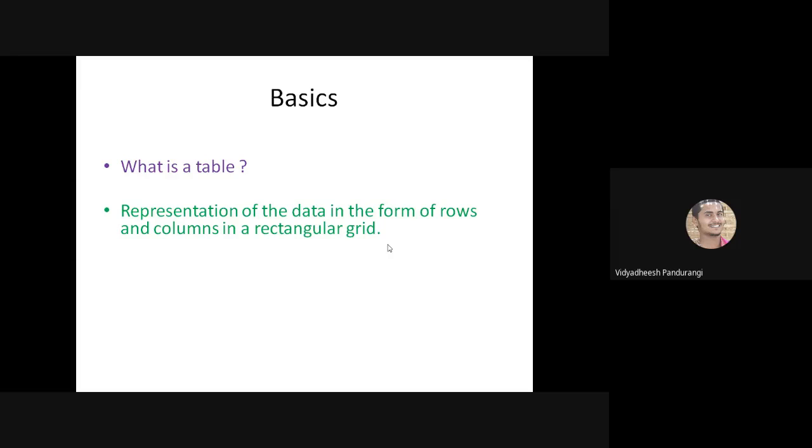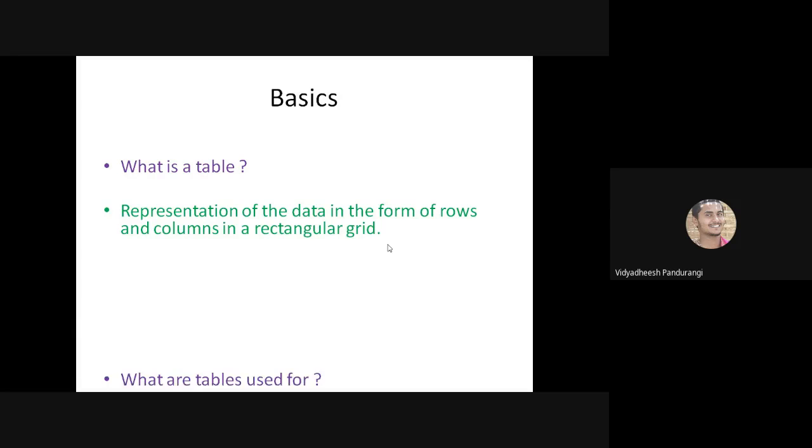We try to represent the information in the form of rows and columns, like you used to accumulate information using matrices in mathematics or any related topics. On similar lines, we accumulate information in rows and columns.